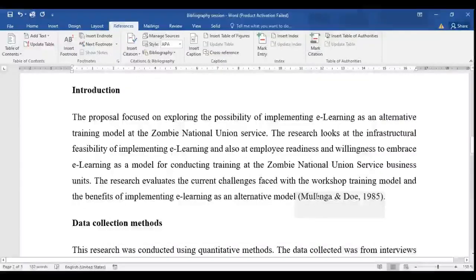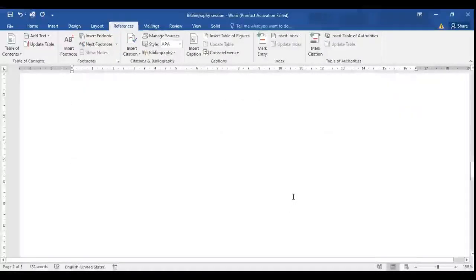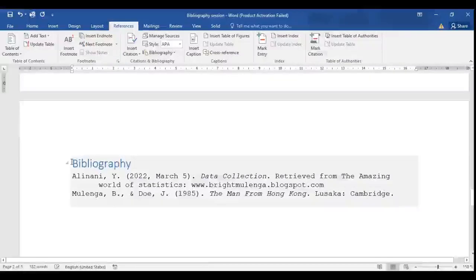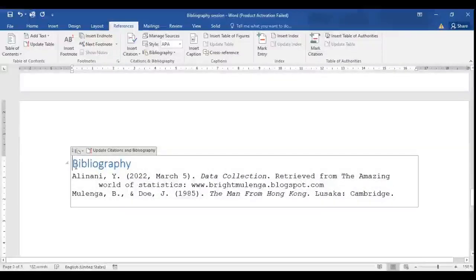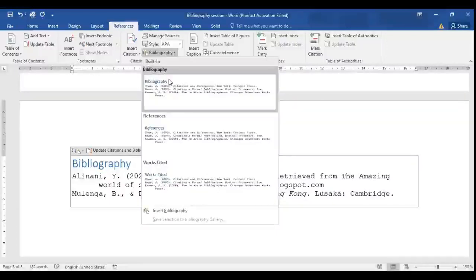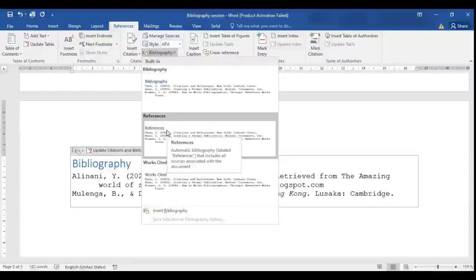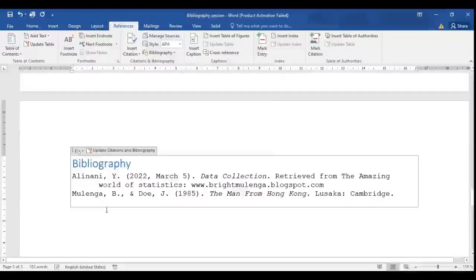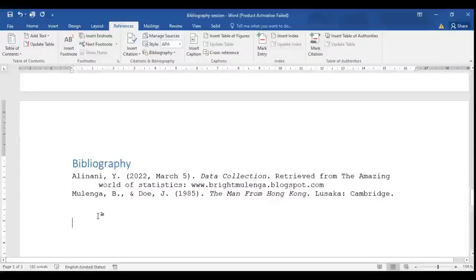After you've done that, you have your sources. The next thing, go to the page where your bibliography is supposed to be. Go back to references, click bibliography, and then you choose whether you are inserting a bibliography or a list of references. And you are done. I hope these 3 simple steps help you to now go out there and create your